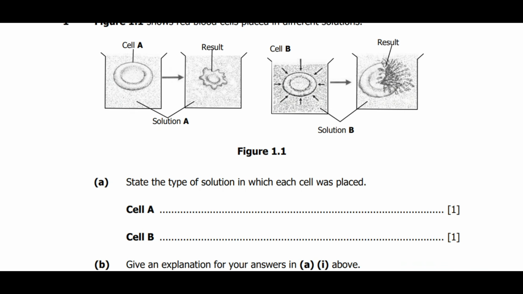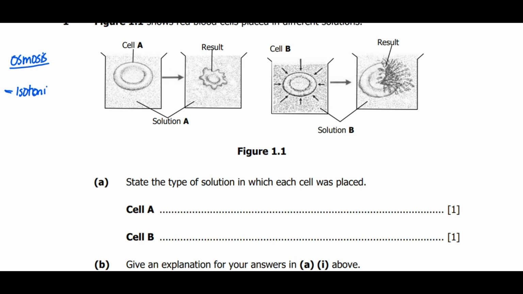Now before we rush into finding the answers, first let's look at the process of osmosis. So osmosis is considered as the movement of water molecules from the region of higher concentration, from the region where there is too much water, into the region where there is less water. Now the region where there is less water is the region that is considered to be highly concentrated. Now here there are 3 solutions that we need to put into consideration. The first one, we'll look at the